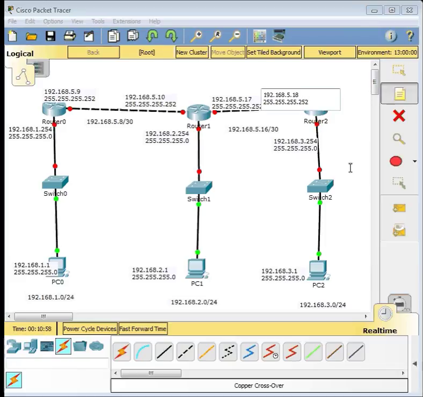We don't need to worry about the subnet mask at this time because we will be figuring out subnet masks in coming lectures.